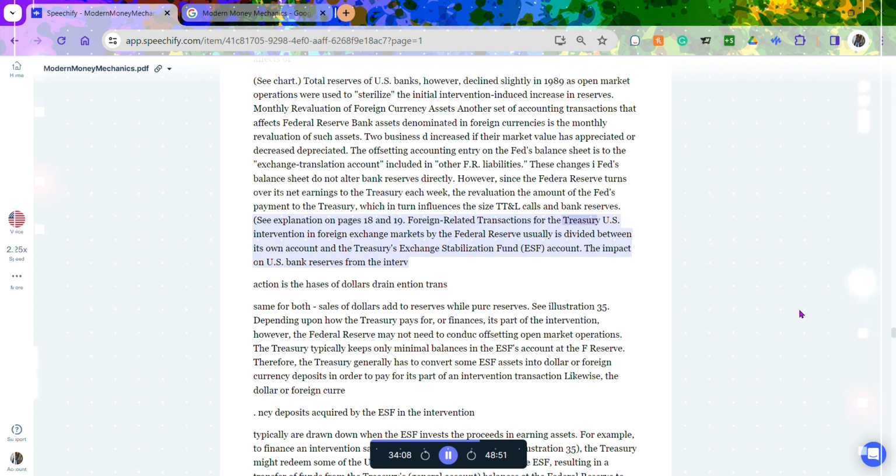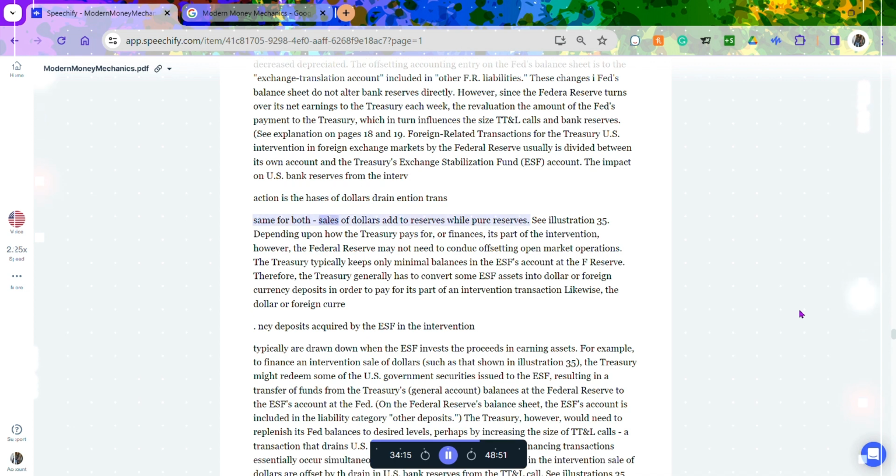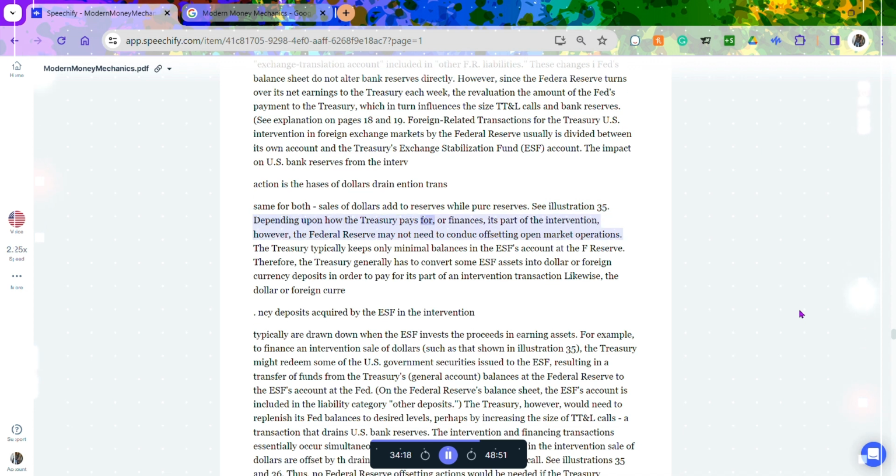Foreign-related transactions for the Treasury. U.S. intervention in foreign exchange markets by the Federal Reserve usually is divided between its own account and the Treasury's Exchange Stabilization Fund, ESF, account. The impact on U.S. bank reserves from the intervention action is the same for both: purchases of dollars drain reserves, while sales of dollars add to reserves. See illustration 35. Depending upon how the Treasury pays for, or finances, its part of the intervention, however, the Federal